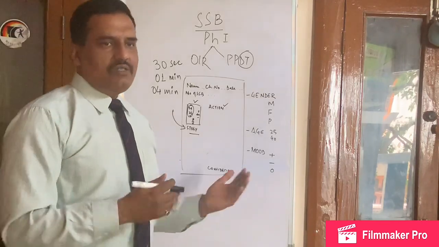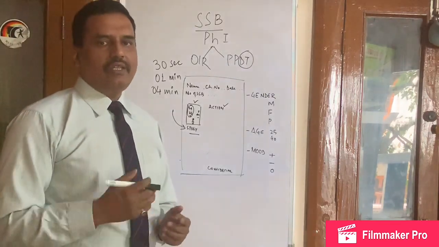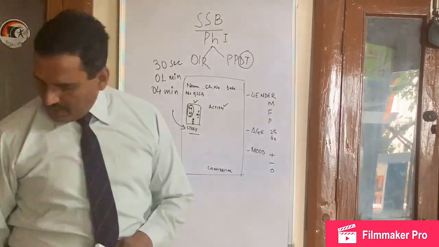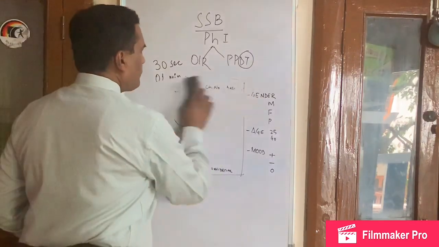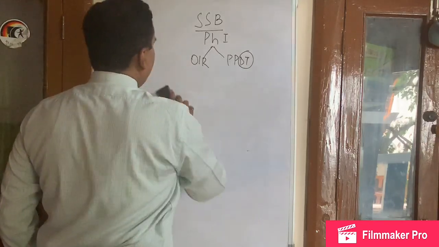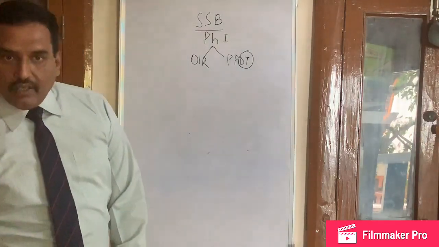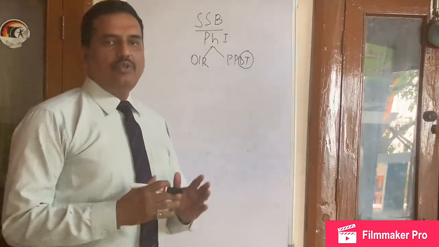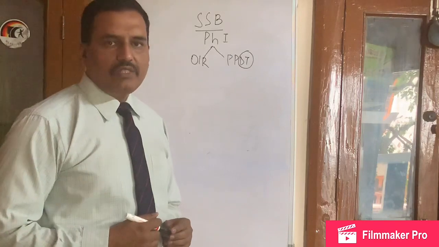In some of the SSBs, they collect the answer sheet there only, and thereafter you go for your second part of the test, that is the discussion part. Now, how you should conduct yourself in the discussion. Now, this is the main thing. In the discussion part, as I told you, you will be divided into smaller batches of about 10 people to 20 people,